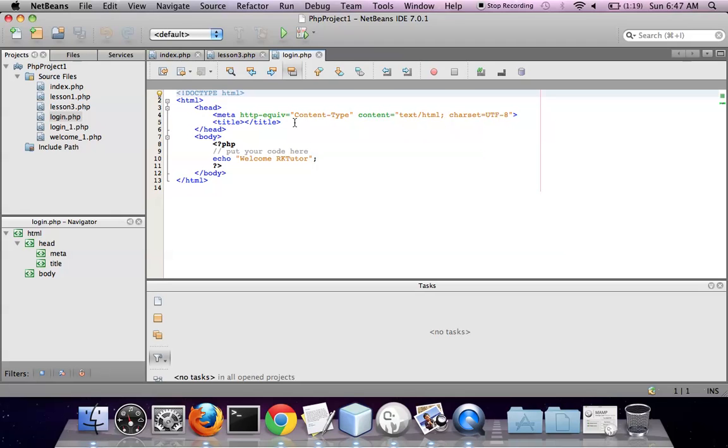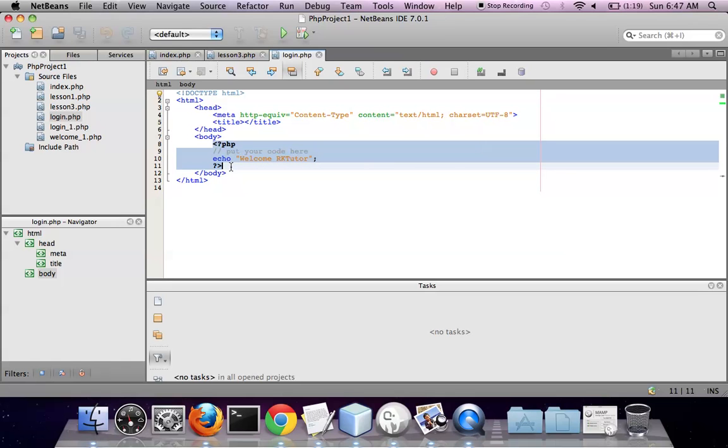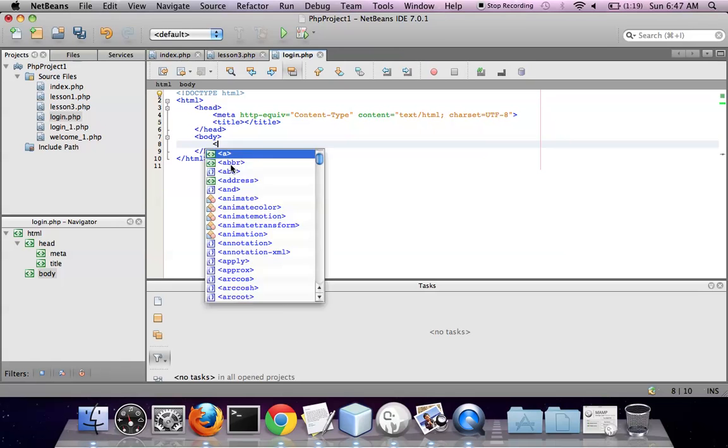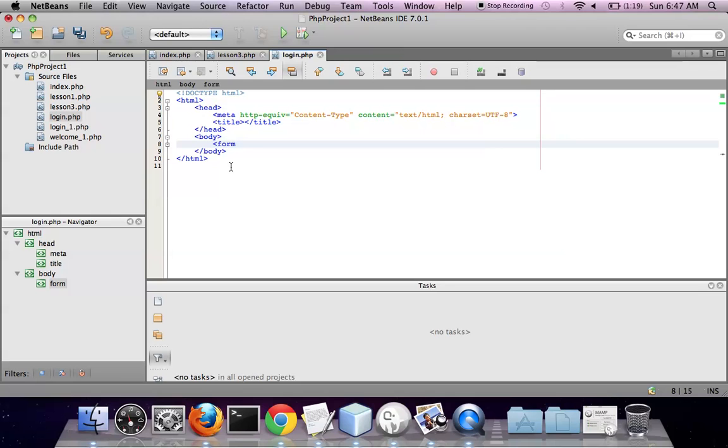So in this one I am going to create a form with the name login, and action is equal to welcome.php,